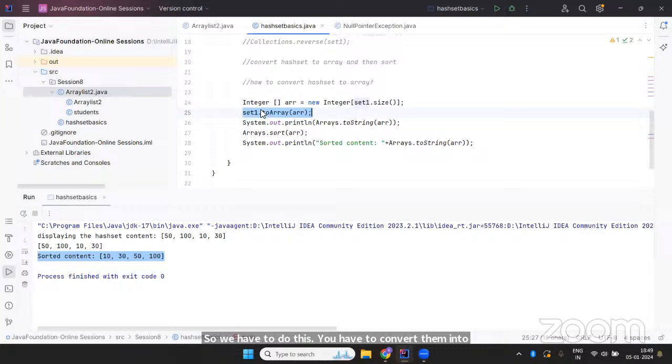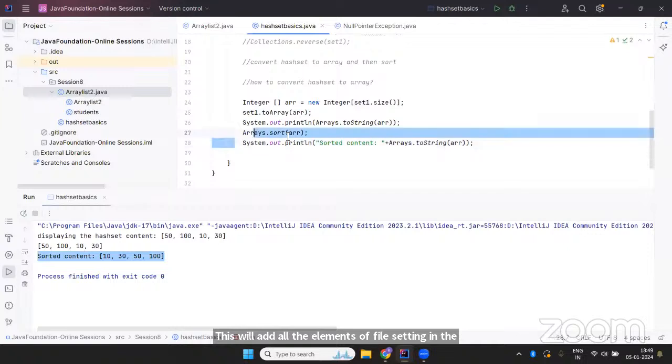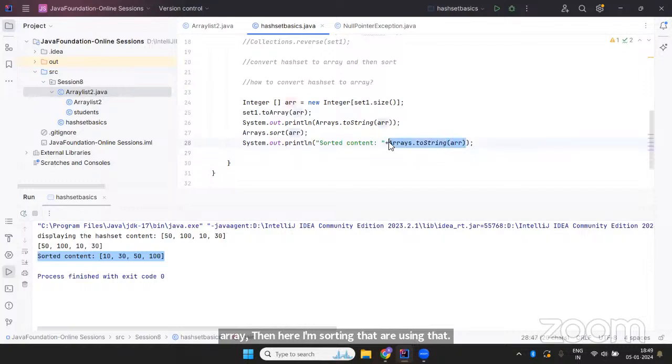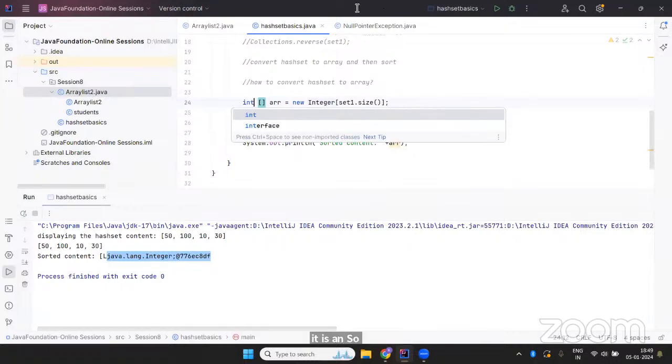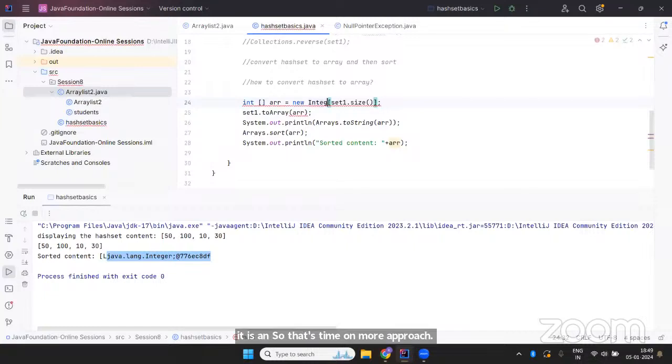This will add all the elements of the HashSet to the array using the toArray method. Then here I'm sorting that array using Arrays.sort. Then we are printing. Again, if you print directly, you will get the hash object. You can see the output is in non-readable format because it is an integer format. So let's try one more approach. Here, since I use the wrapper class,